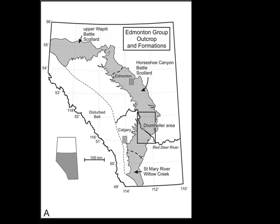But it's important to note that the Horseshoe Canyon Formation, as part of the Edmonton Group, a much larger package of rocks that includes the Horseshoe Canyon, Battle, and Scollard, that Horseshoe Canyon Formation can be traced all the way from Nanton in outcrop, so south of Calgary, all the way through the Drumheller area and right up north of Edmonton. Now this area that I've highlighted in gray indicates the surface outcrop of the Edmonton Group, including the Horseshoe